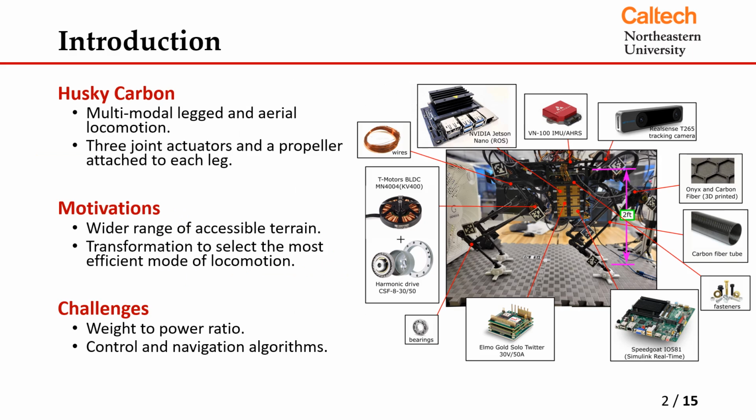First, we begin with the introduction. This work is done to develop a controller and path planning algorithm for the legged aerial capable robot, the Husky Carbon, shown on the right side of the screen. This robot has a typical legged actuation, so it has two actuators on the hip and one on the knee. But in addition to that, it has propellers, which allows the robot to both walk and fly, depending on